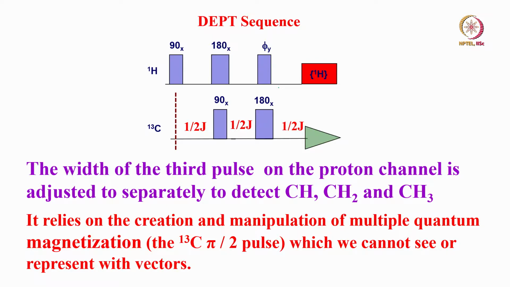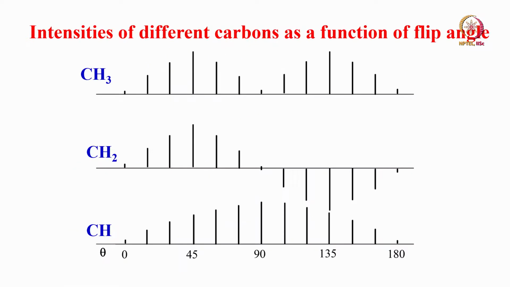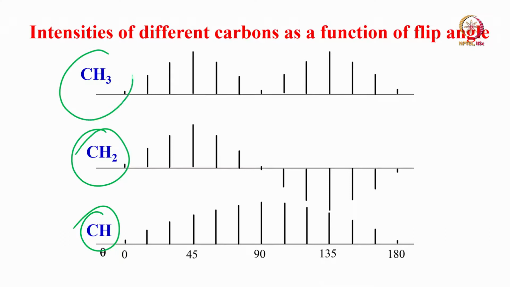Now, depending upon the width of the last pulse, which we call phi, that is, the angle of the last pulse, we can have different types of DEPT experiment, where you can identify only CH carbons, only CH2 carbons, or only CH3 carbons, analogous to what we saw in the INEPT for different carbons. So, this is the experiment called DEPT,